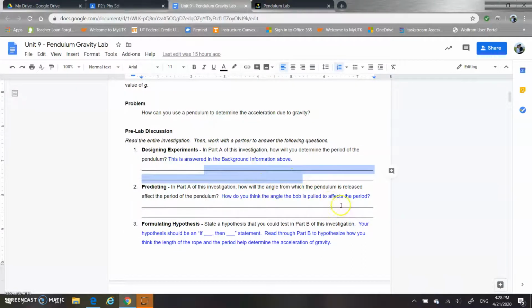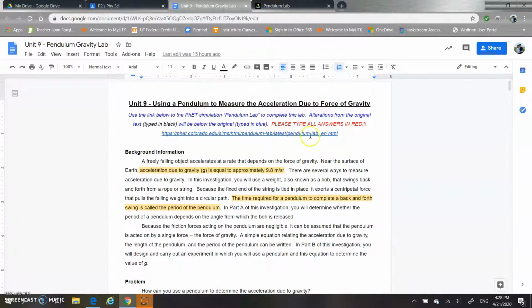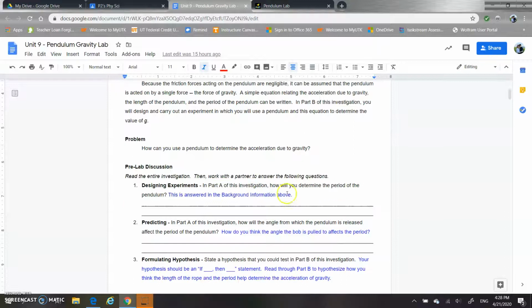You can delete the lines and put in your own answer. Please make sure that all of your answers are in red. If they're in black or blue, it's going to be really hard to decipher those from what the original lab was and what I put in. So if you type your answers in red, it will be a lot easier and a lot quicker for me